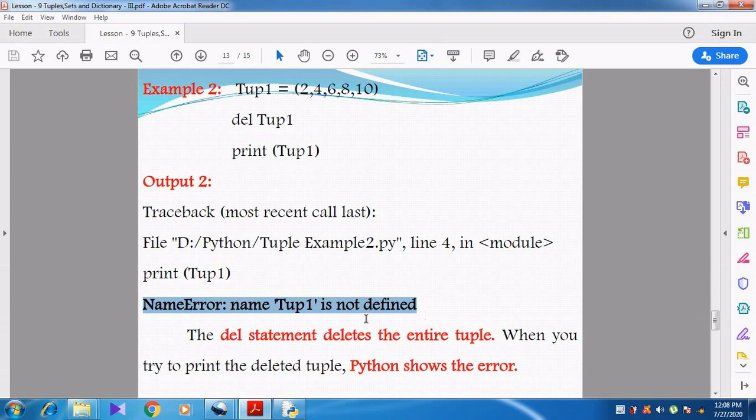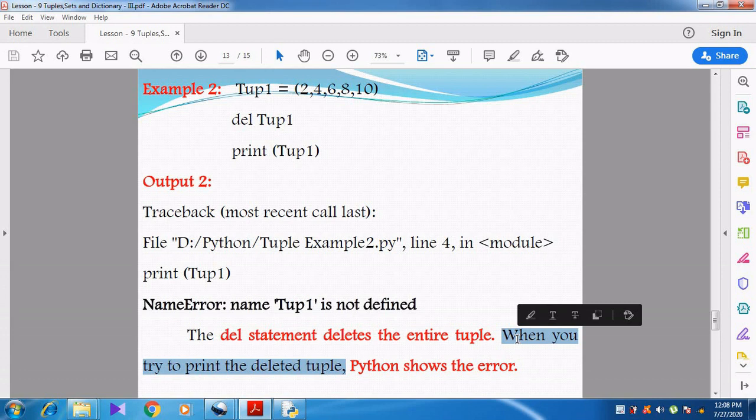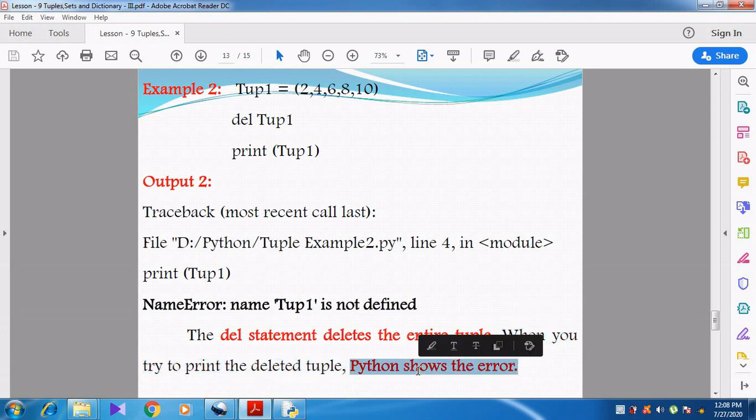The delete statement deletes the entire tuple. When you try to print the deleted tuple, Python shows the error.